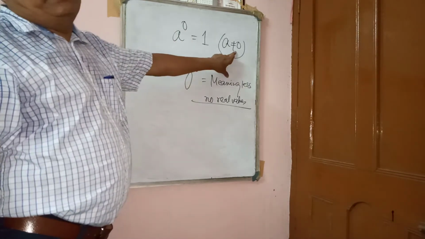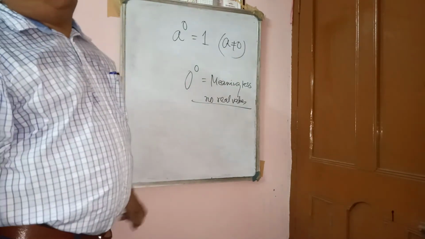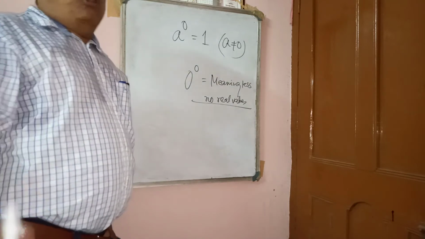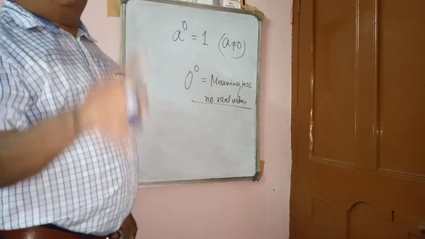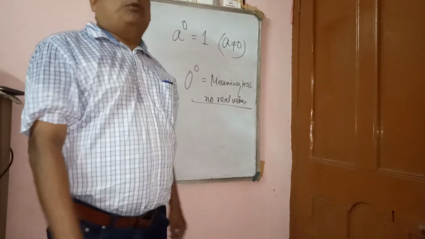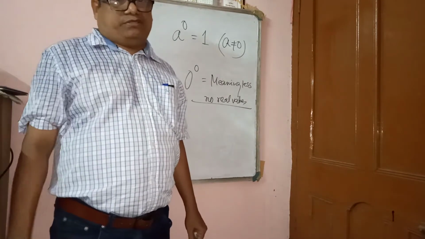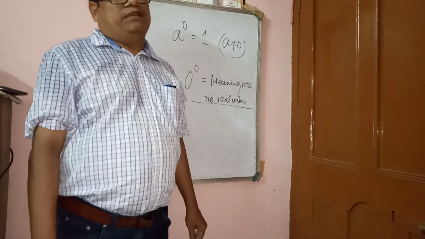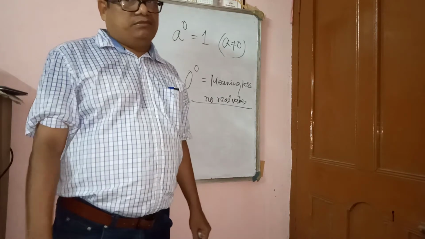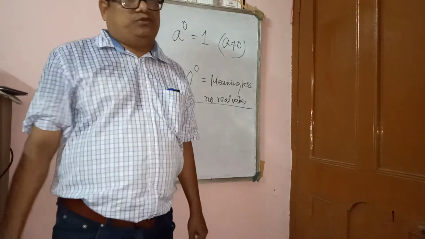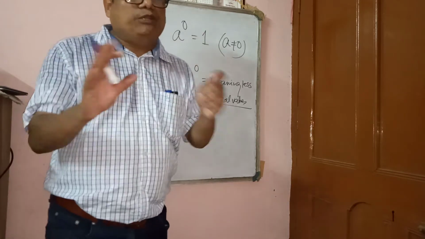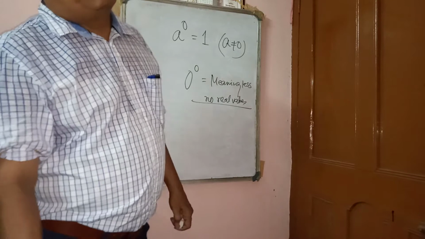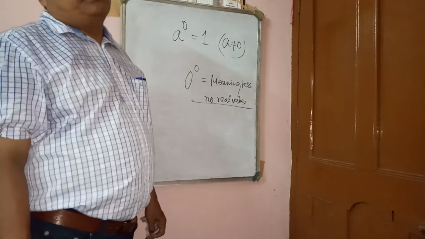Okay? Now, a to the power 0 equal to 1, as a definition we have to use here. How to define a to the power 0 equal to 1? All of you know a square is a into a, a cube is a into a 3 times. But a to the power 0, tell, a into a 0 times. What is the meaning of 0? How to define 0? Anybody say? How to define 0? Tell.